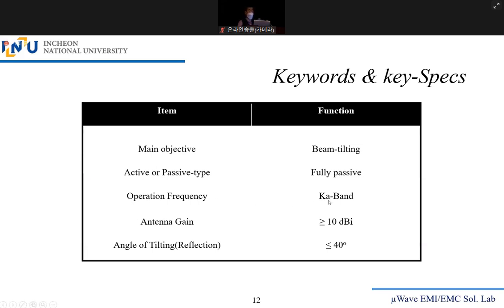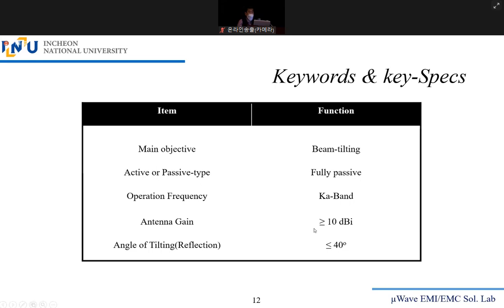Operation frequency is Ka band. Ka band includes 28 gigahertz, 24 gigahertz, and 77 gigahertz, like that. Millimeter wave. But in the millimeter wave you can go further with other names such as Q, U, V, E and W. Have you heard of them? No. But 77 gigahertz is for anti-collision car radar systems; they also deal with the Q band, U band and V band, not for communication, but just for sensors.